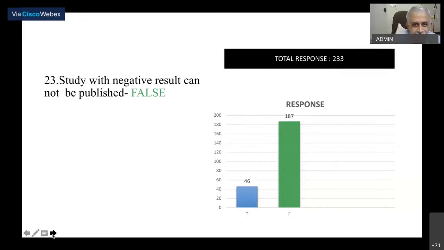So unless you have some negative result also... it is not that you have to publish a negative result, but if it is there, you have to publish. It is your duty to publish whether positive or negative result. So next,